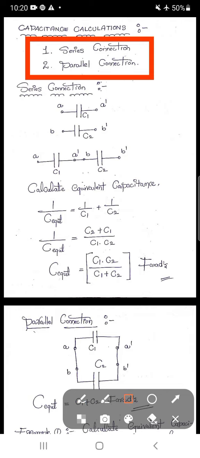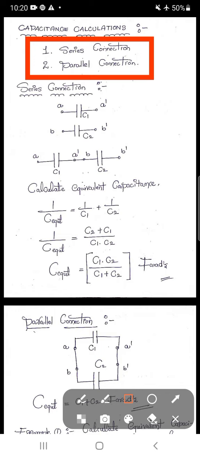Hi friends, in this video we are going to discuss the concept of capacitance calculations. Basically we are using two different types of connections: series connection and parallel connection. Before we enter into getting the value of equivalent capacitance by using series combination and parallel combination,